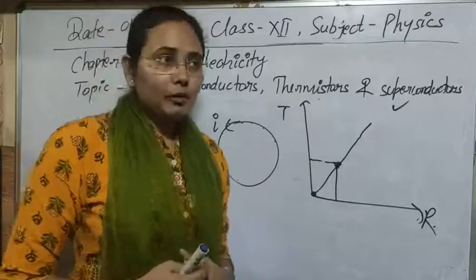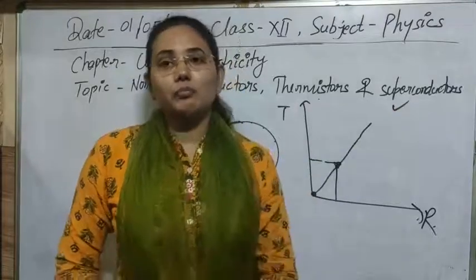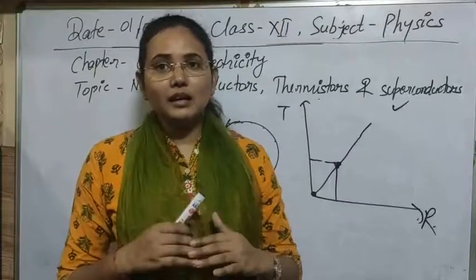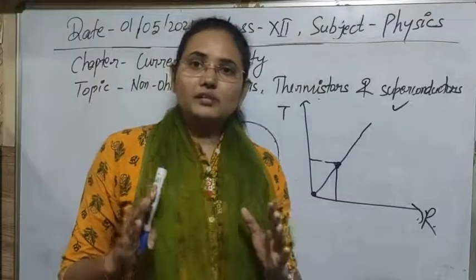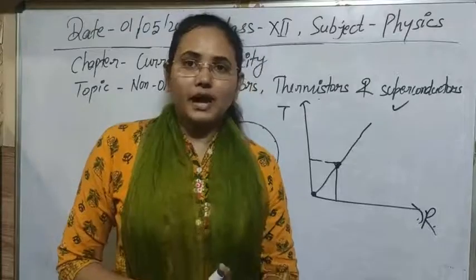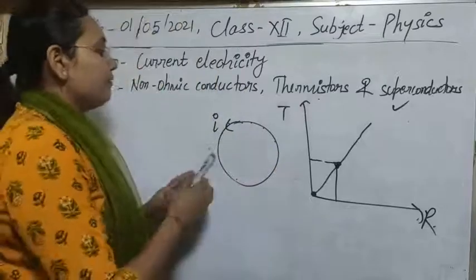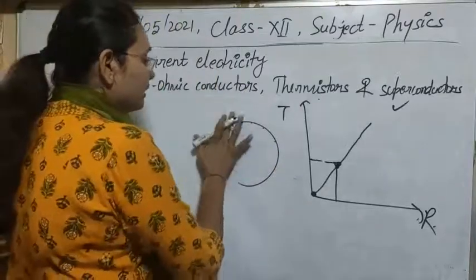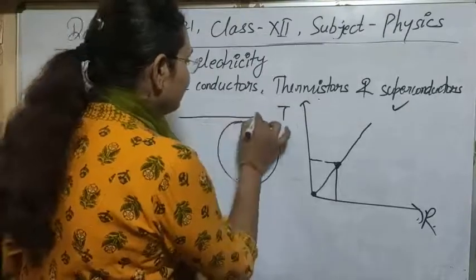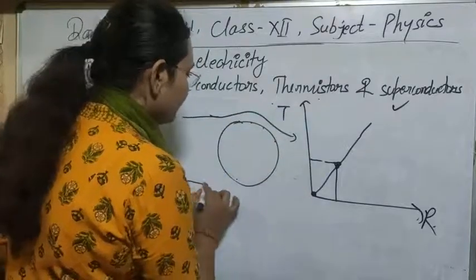Clear? The second property such materials have is that superconductors show a different behavior in a magnetic field also. Here, you haven't studied magnetism yet, but still I am going to tell you, just like you have studied the electric field for the case of charged particles, and in that way we have magnets, and for that we get a magnetic field. Later in the chapter we will discuss it also. So here, if we put this kind of superconductor material in a magnetic field, then we have seen that the magnetic field lines that show the magnetic property start to flow in such a way.